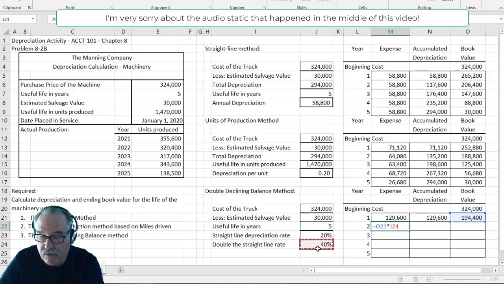So I'm going to take the 194,400, multiply it times the 40%, 77,760. I can add that to my previous depreciation to get accumulated depreciation of 207,360, and my book value is now 116,640. So for depreciation in year 3, I'm going to use that 116,640, multiply it times 40%, and then add it to the previous depreciation, and my new book value is